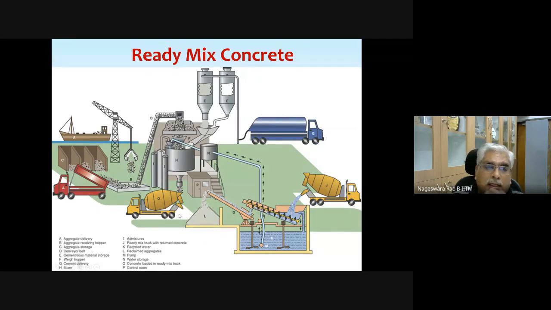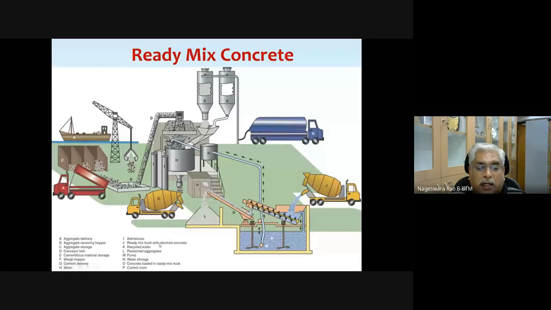Usually what happens, this ready mix truck is going to go and deliver, and then finally it comes back to the plant, and it will be cleaned. The cleaning process is this one. J, once the cleaned water is again dumped here, and this water is again used as recycled water. So ready mix J is nothing but ready mix truck with returned concrete, and K is recycled water, and L